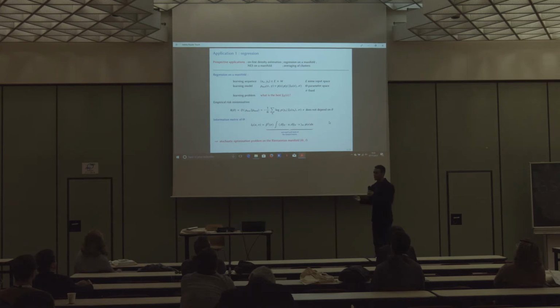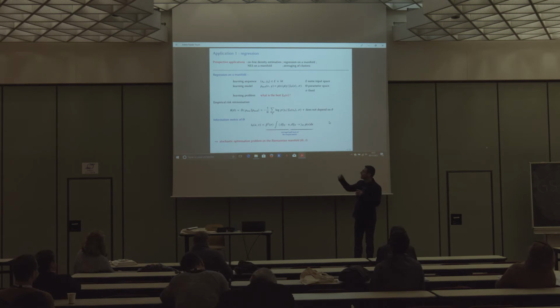The first application, density estimation, my colleague Yannick Berthoumieux will give a full talk about tomorrow. I will try to summarize the remaining three. To begin with regression, let's assume we have a learning sequence of inputs, xn, which belong to some input space, anything, and outputs, yn, which belong to the manifold M. To learn the relationship between these two, we start from a learning model where y is concentrated about some image, y bar theta of x, according to a location-scale model. This image is controlled by a parameter theta that is unknown. The learning problem is to find the best theta.